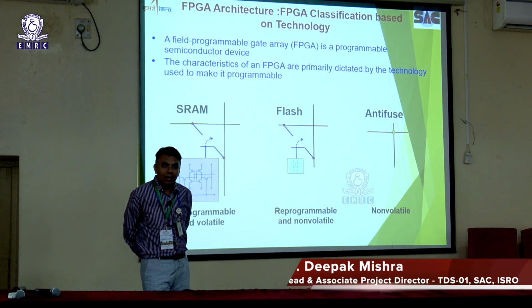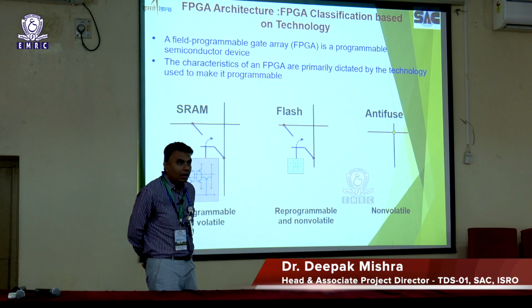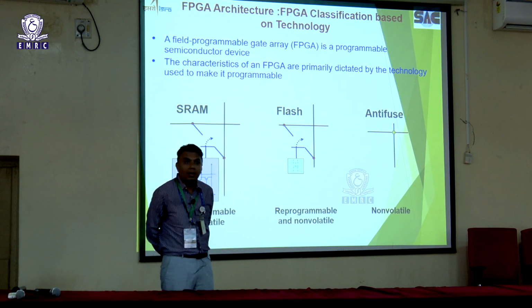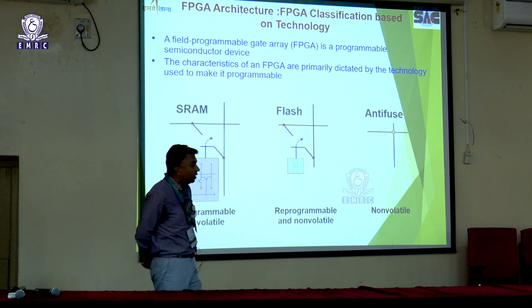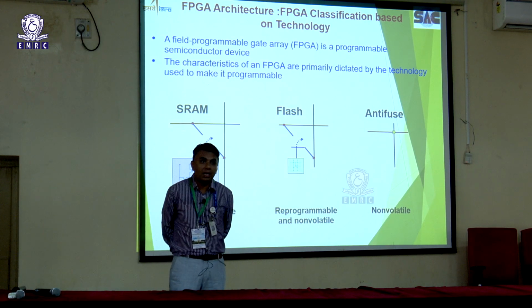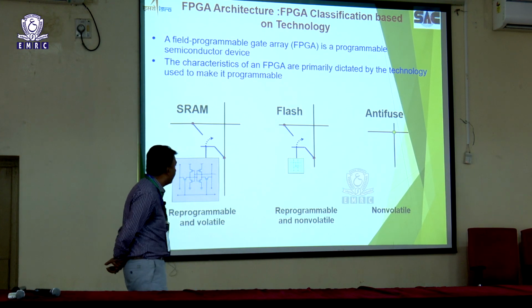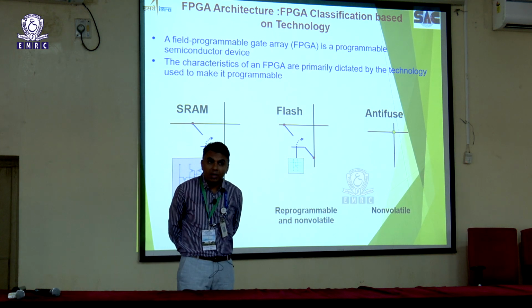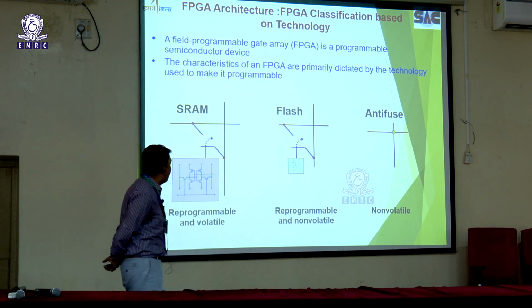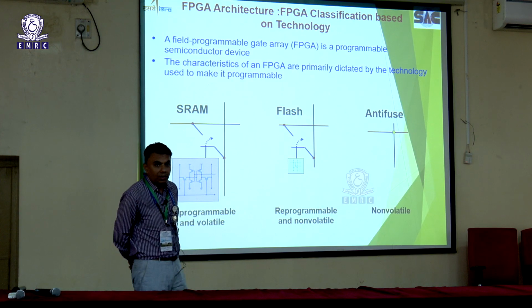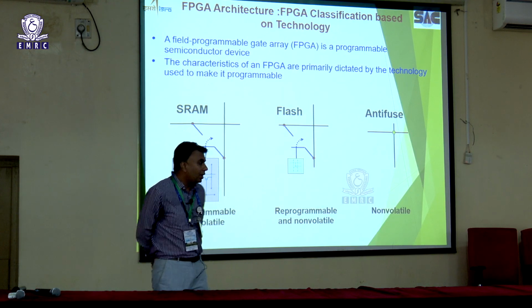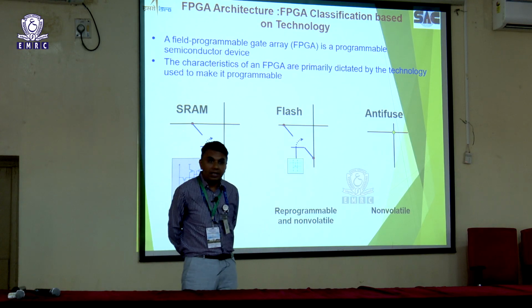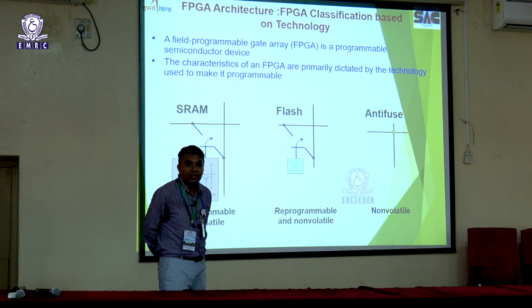So you have to decide. Typically, where the control applications are there in onboard satellite design, we prefer this anti-fuse technology, where we are rest assured that it is not going to change with respect to time. But where we require some flexibility, some reprogrammability on board itself, then we go for either SRAM or flash based technology. Xilinx FPGAs are mostly SRAM based, and Microsemi, like I mentioned RTG4, are flash based devices.